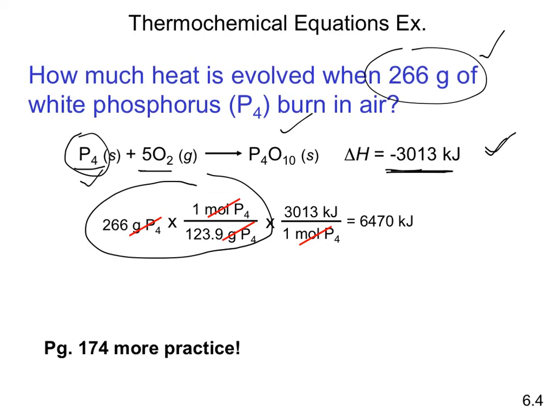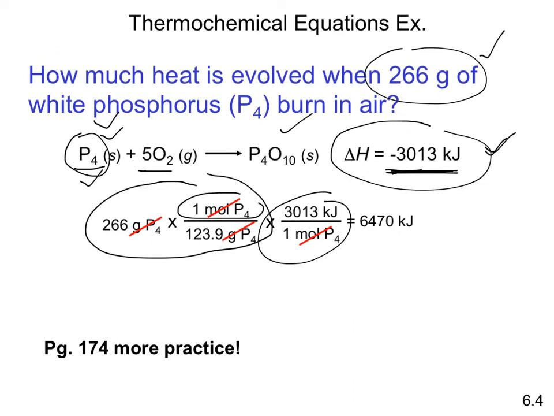But I also know from the thermochemical equation that my relationship between enthalpy and P4 is negative 3,013 kilojoules for every 1 mole of phosphorus. So I have that relationship. If I know my number of moles of P4 and I know my relationship from my thermochemical equation between my enthalpy value and my reactant, I can calculate the amount of heat that's evolved